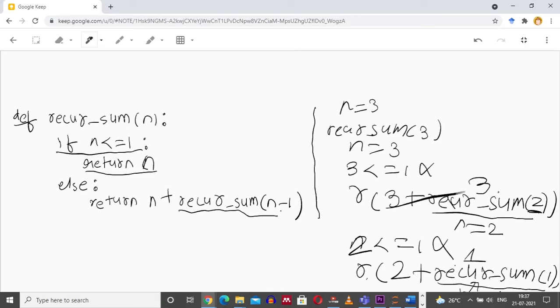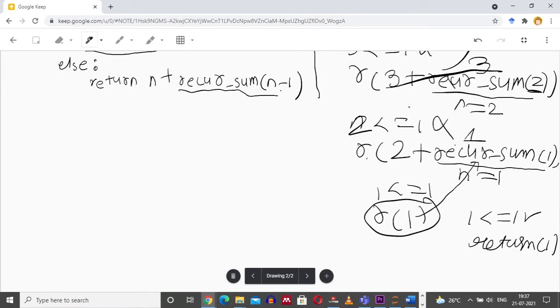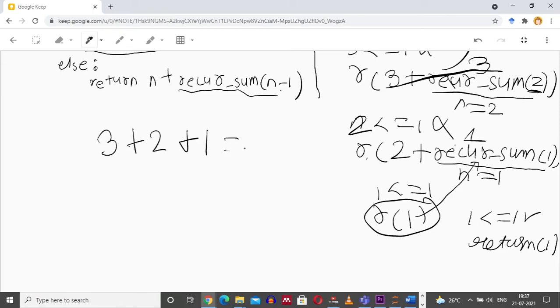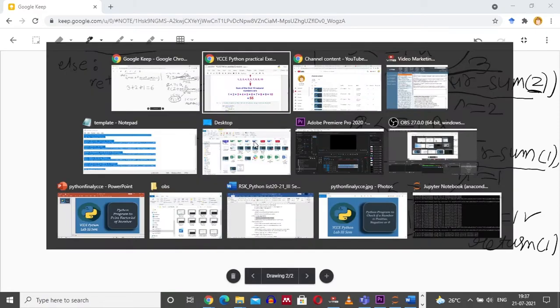So this 6 will be returned to the point where it was called. So it was called, recursive_sum of 3. Here 6 will be returned. So addition was performed of 3 natural numbers, which was 3 plus 2 plus 1, returning an overall value of 6.